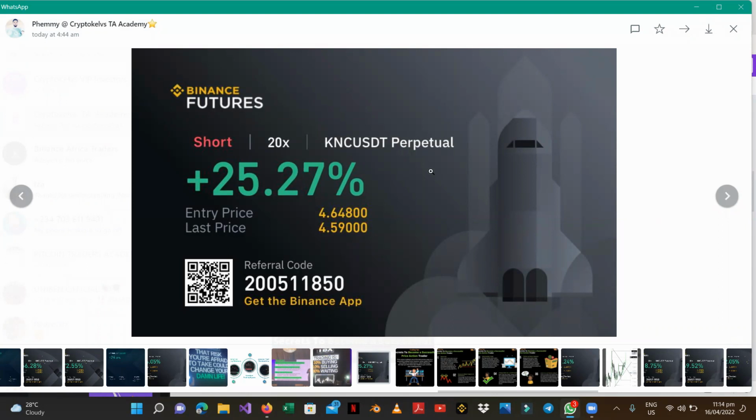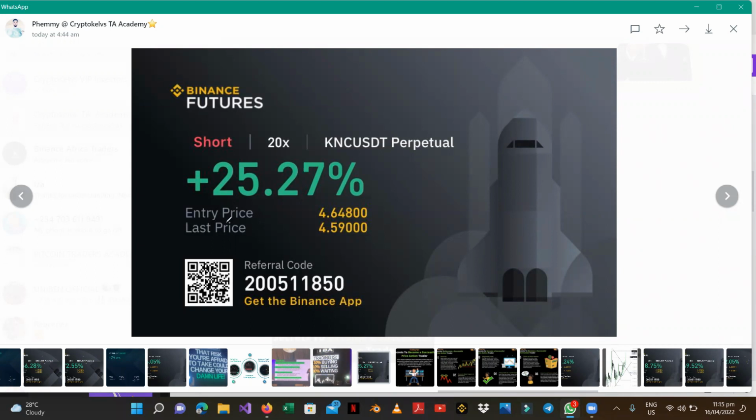It doesn't matter which way the market is going, because it's a contract. It's just like a bet. When you predict that the market will fall and the market actually falls, you will make money. Look at here now, for example,